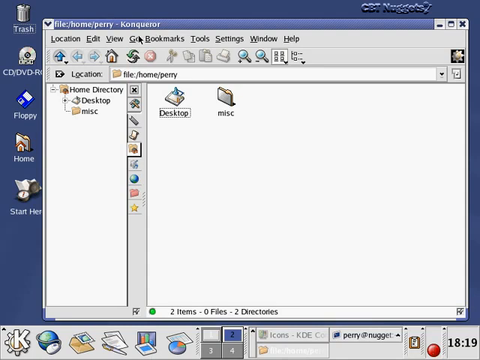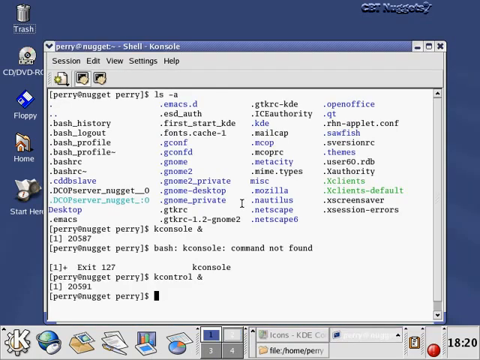Notice that the File Manager in KDE is called Konqueror. In GNOME, it was called Nautilus. Again, basically the same functionality, a little bit different look and feel to it. Okay, and this was open already too. This was part of my session that was saved. It saves all the windows you had open across all your different workspaces. Okay, so there's a little quick tour of KDE, basically how you configure it. Look around and play around with it, and pick whichever desktop environment and window manager and so on that you'd like. Now what I want to do is go over and look at the GNOME desktop environment and how to